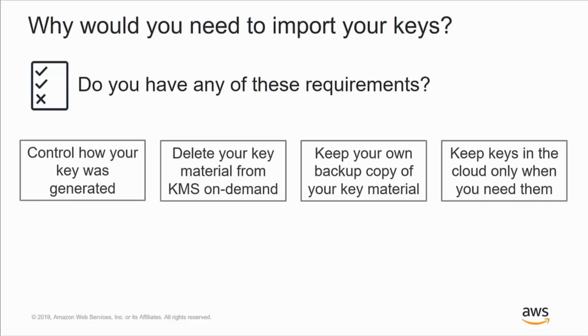If you need to physically control how key material is generated, generating key material is not as simple as it might sound. These are long random numbers, and the measure of randomness is something known as entropy. Organizations have mandates about how randomness should be created, what controls should be placed on the degree to which keys demonstrate the required level of entropy. So if you need to control how your keys are generated, you need to have control over random number generators, then import key might be a useful feature for you.